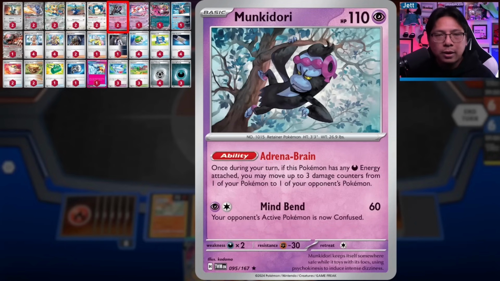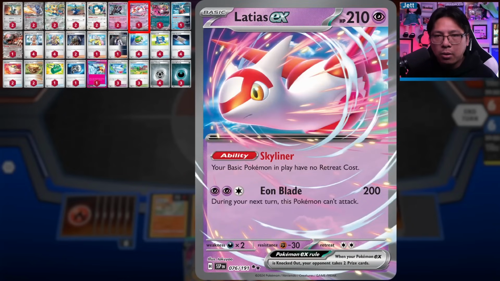So you can use Monkey Dory to move 3 damage counters, take out the Budew, and then ideally one of your other attackers is taking prizes by knocking out the active. Latias EX gives your basic Pokemon free retreat. Unfortunately, Archaludon can't take advantage of it, but there are other scenarios where you'll want to pivot between your basic